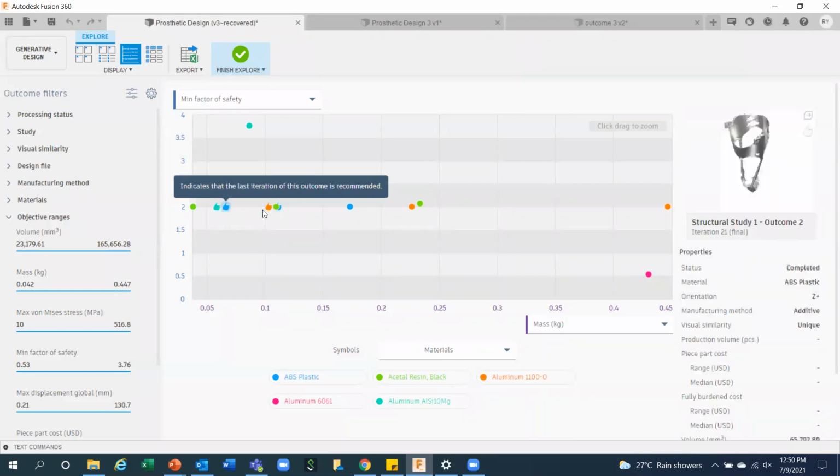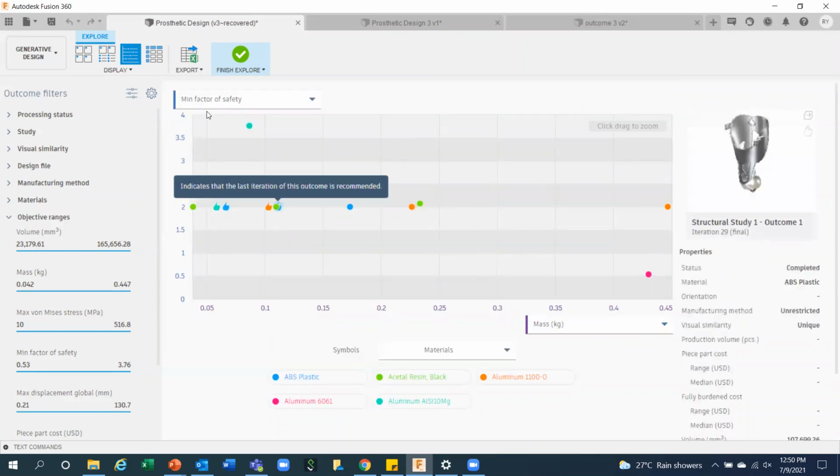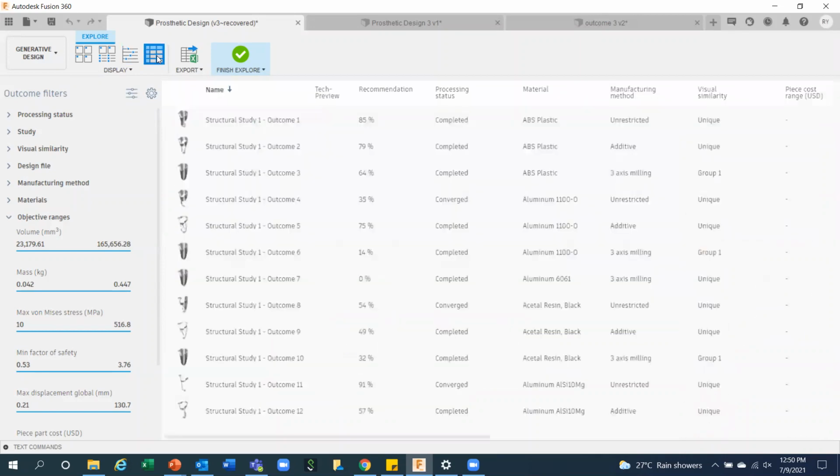You can see this is the scatter plot view. Whenever you select any one, you will get all the properties on the right hand side. Or in table view, you can get the recommendation also. Like study 1 outcome, this is recommended 85%.